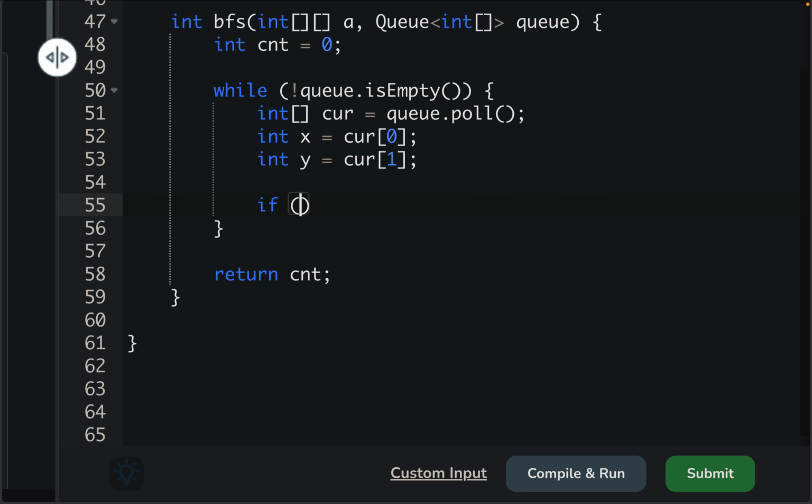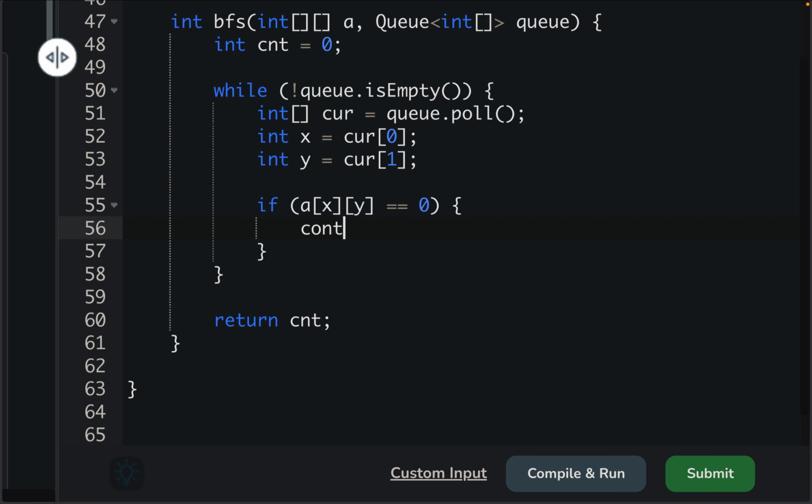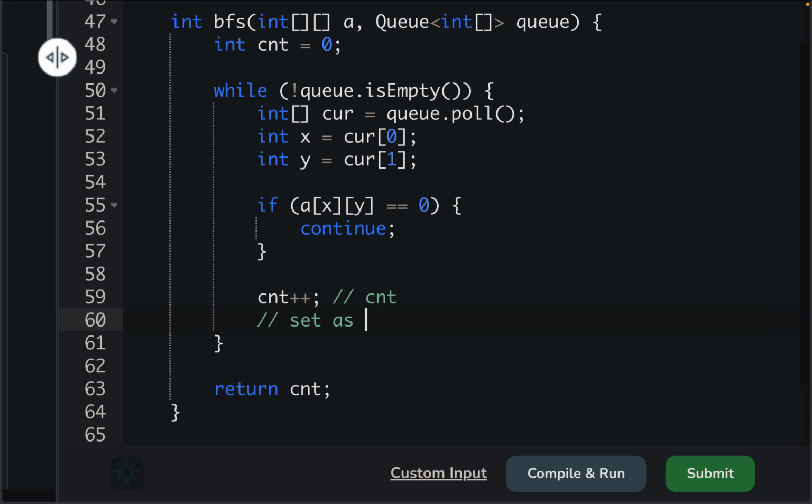Now what I wanted to check is if a[x][y] is equal to 0, then I don't need it because it's already 0. I don't need to count zeros, right? But I need to count 1. So I'll count 1, cnt++, and set it as visited. How do I set it as visited? a[x][y] marking as 0. Cool, I guess this is self-explanatory now,